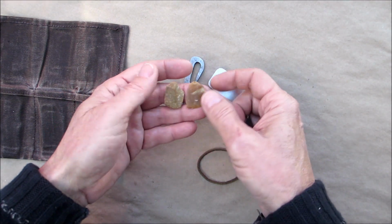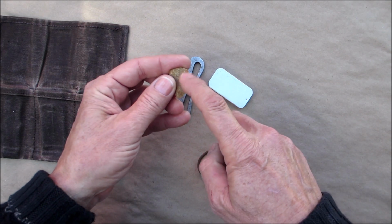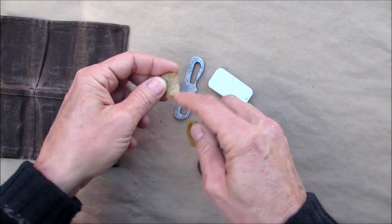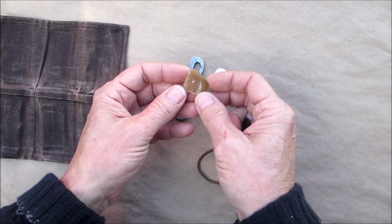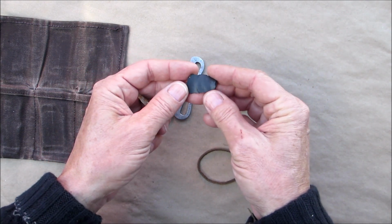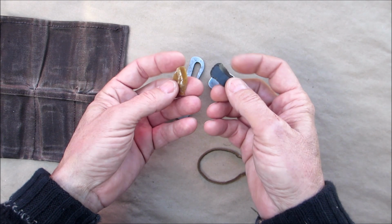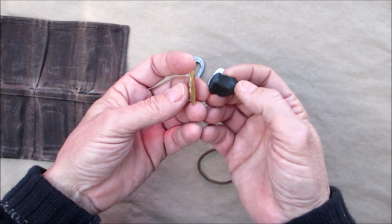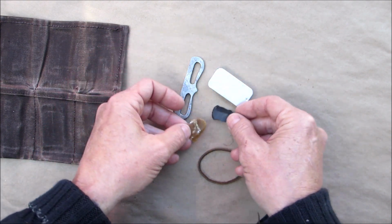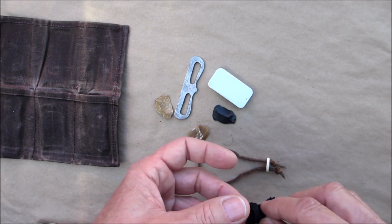Now what I noticed is with chert, you can see this, well, you might be able to see it, but I could feel it. It's not very smooth, okay? It's hard, but not smooth. Now if you look at this, it's almost glass-like. And the same thing with this piece. Very shiny, very smooth. These pieces throw the best sparks. And again, you don't need a giant chunk of chert. All you need is a nice sharp piece. Let me show you this bad boy in action again. I know you just saw it, but...